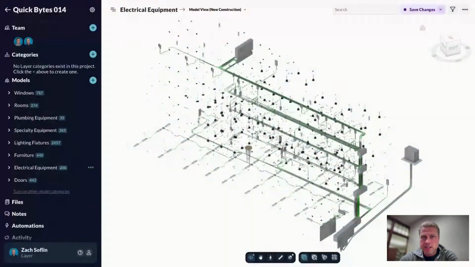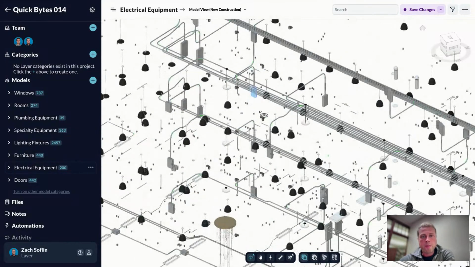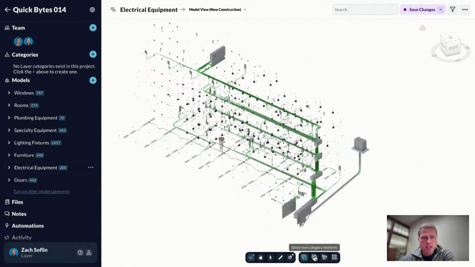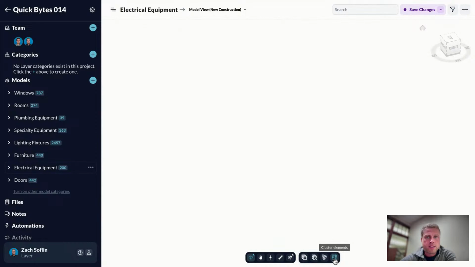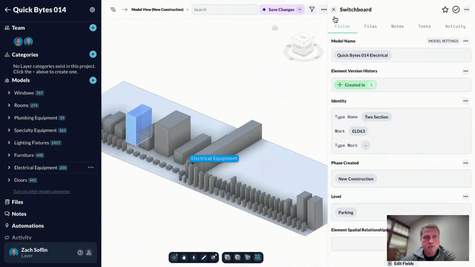I have a demo project shown here inside of Layer. What we're looking at right here is a model of all my electrical equipment that exists inside of my project. Inside of Layer, I can quickly navigate this model. I can even cluster all of this electrical equipment together, and we can click on these objects and see what exactly they are, like a switchboard,